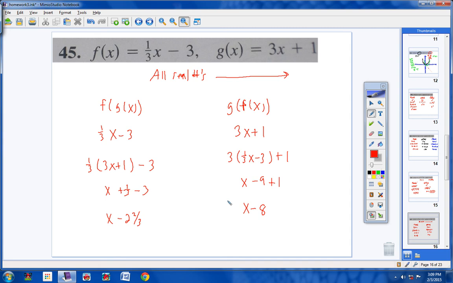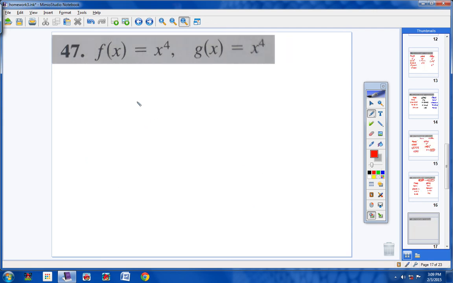Okay, now obviously the domain for that would be all real numbers because your two domains up here were all real numbers. Moving on to number 47. Okay, first of all, your domain would be all real numbers for both of these. Okay, now f of g of x would be,